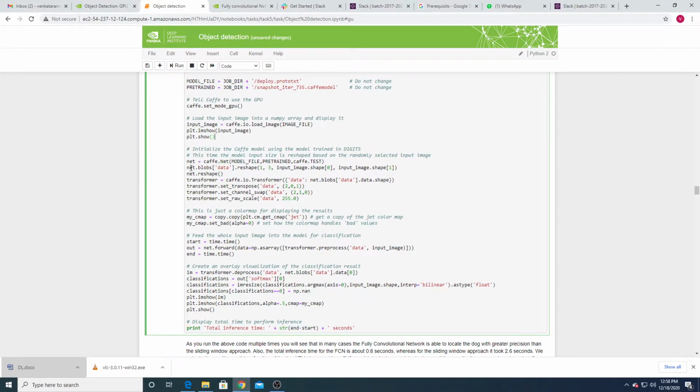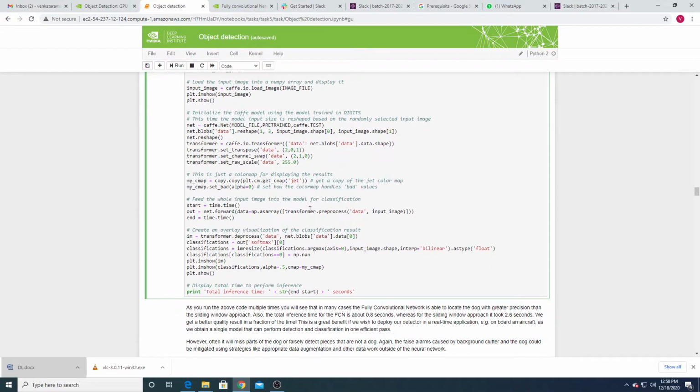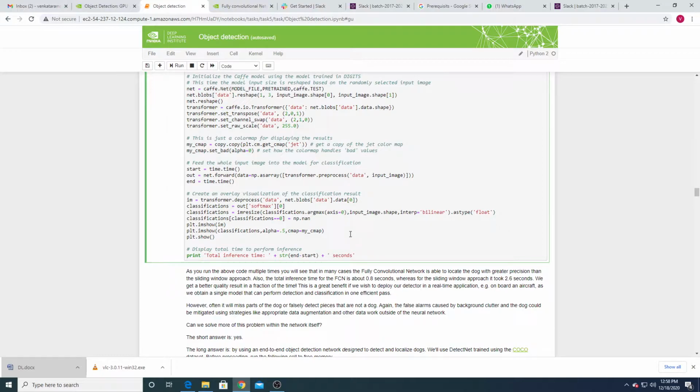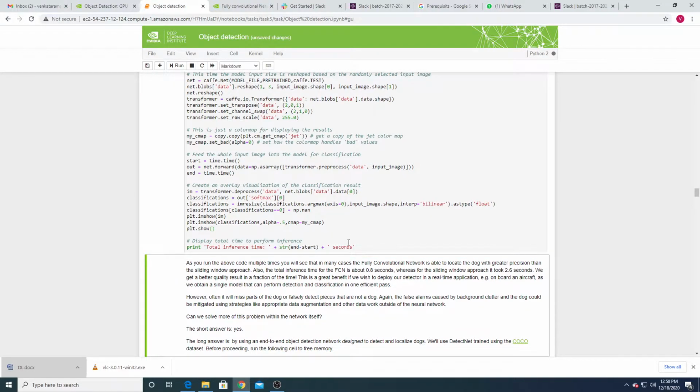Now create a classifier, a net classifier, based on the model file and the pre-trained weights. So you have to create them. Now pass the data, and completely include this cell.